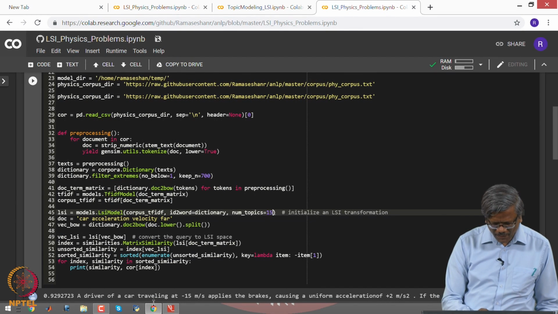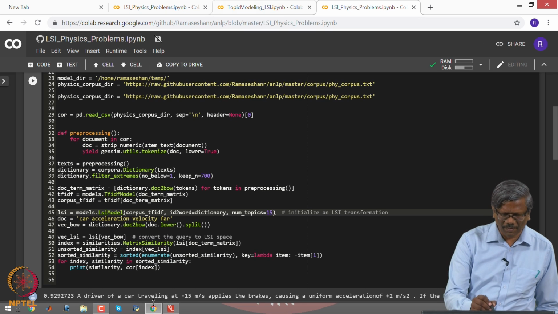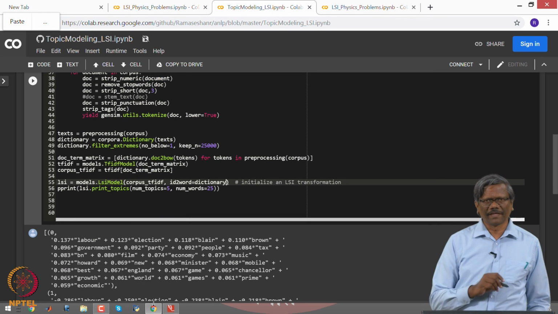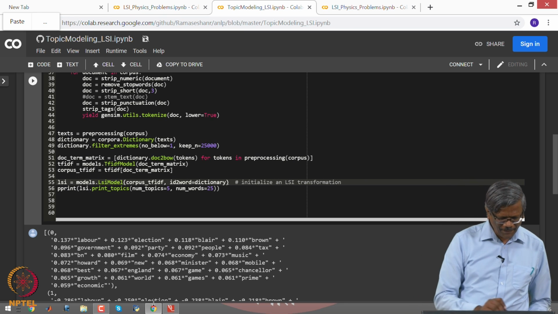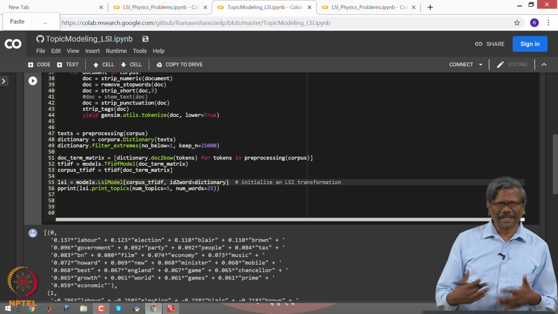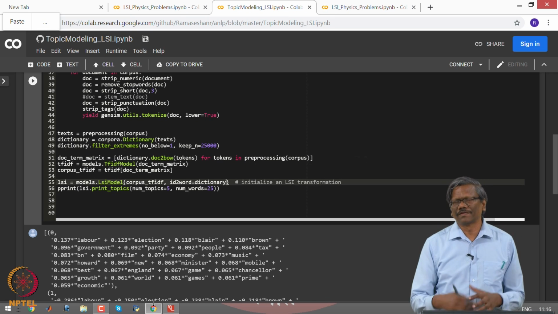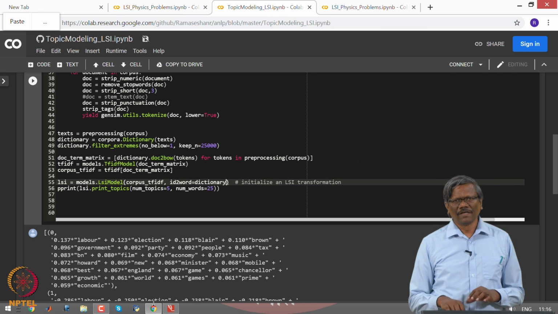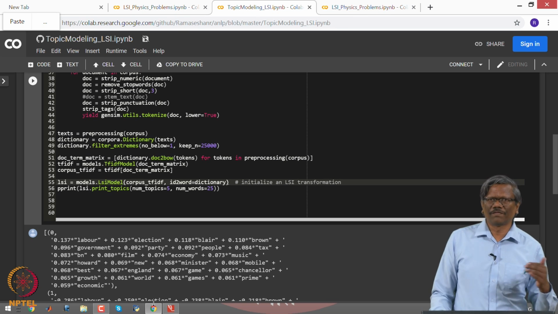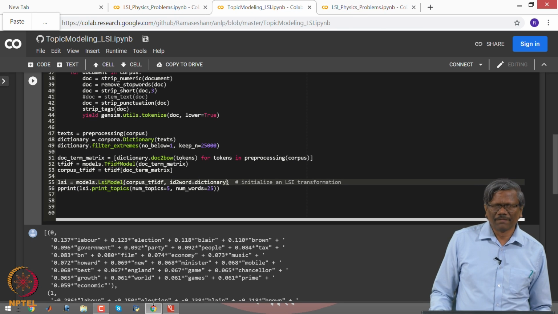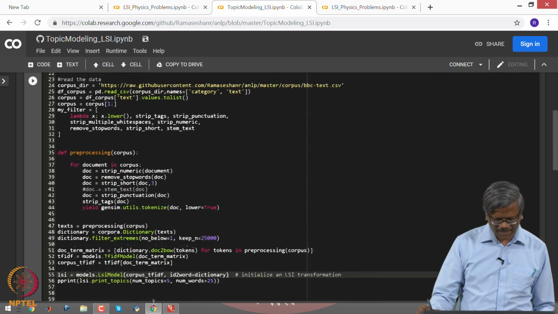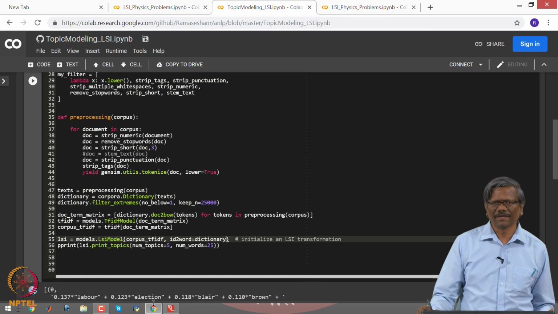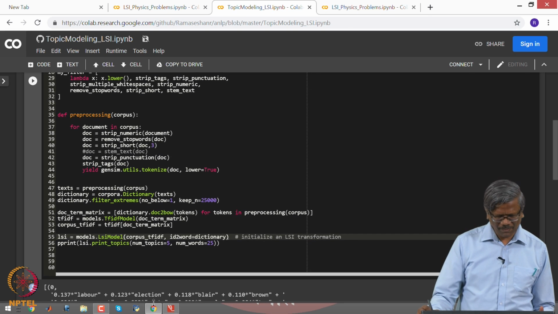There we used the number of topics as 15, right, in the previous problem. So, here I am not specifying anything. We can specify that as well. I am just leaving it as is, at the default value. I am going to see how it is defining these topics. The idea in this particular demo is to find out the number of topics in the given corpus. So, nowhere have we specified the number of topics, except in the last one, where we are restricting the number of topics that it wants to list, right.